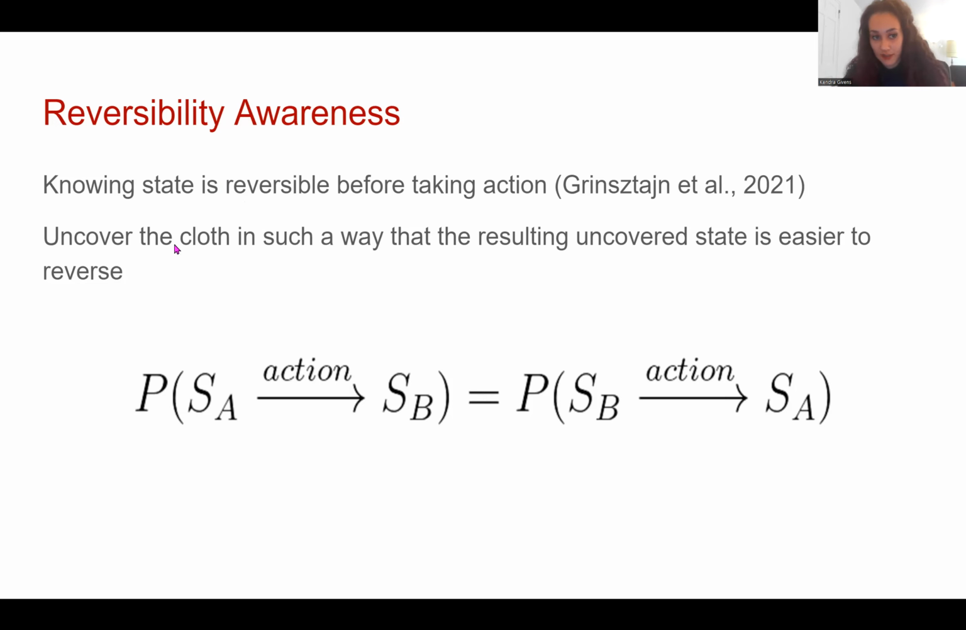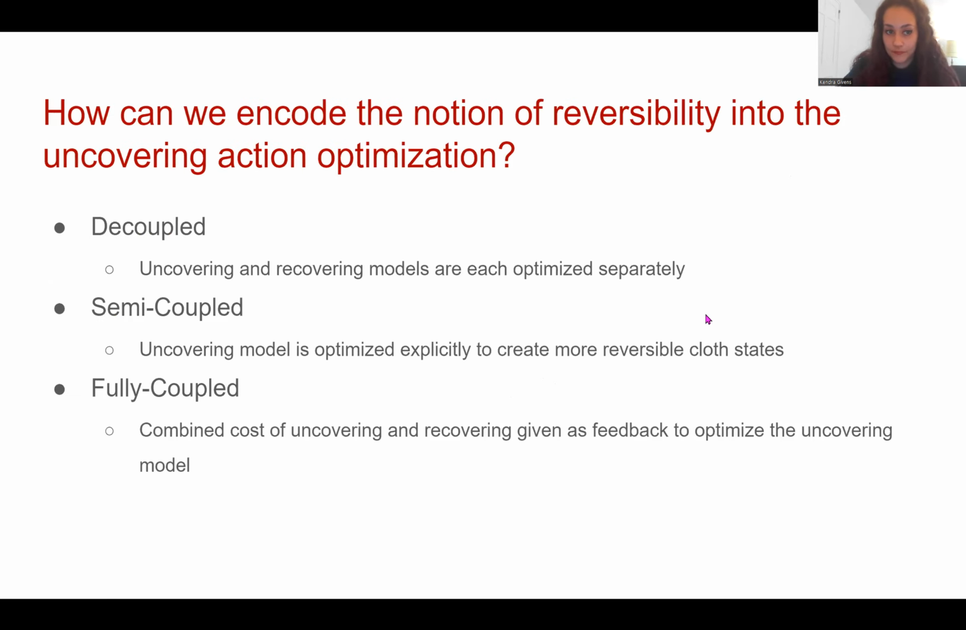So we are using this concept in our work, which is: how do you uncover the cloth in such a way that you know the resulting cloth state will be reversible? I have this diagram here that shows you take an action from state A to state B. This is the probability that you can reverse it: what is the probability that state B can then go back to state A using another action? So this is what we have been exploring, how we encode the notion of reversibility into our uncovering